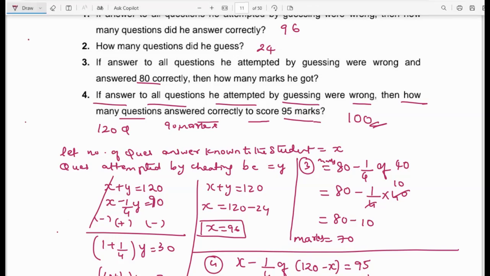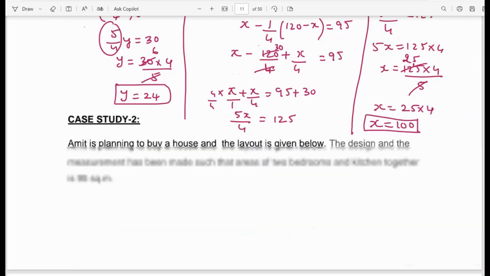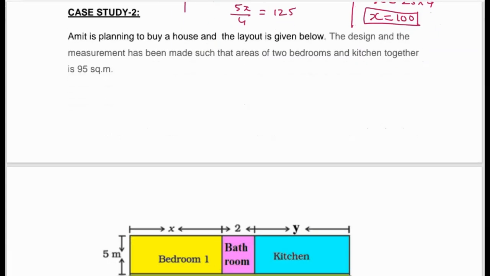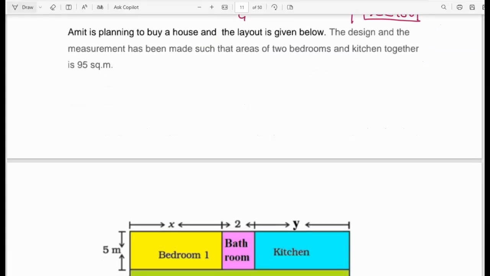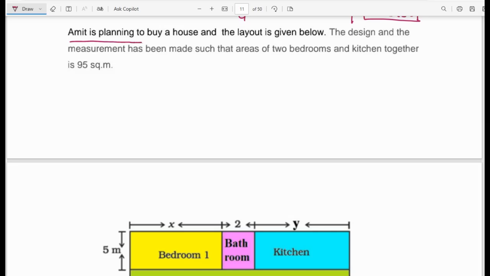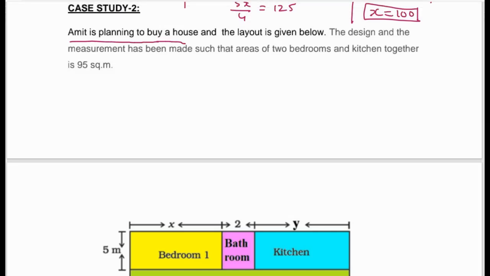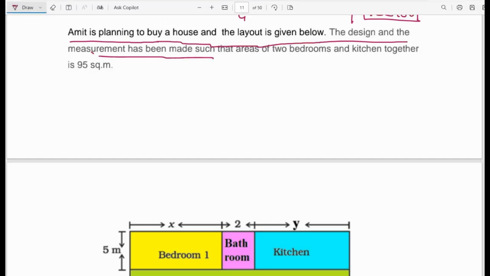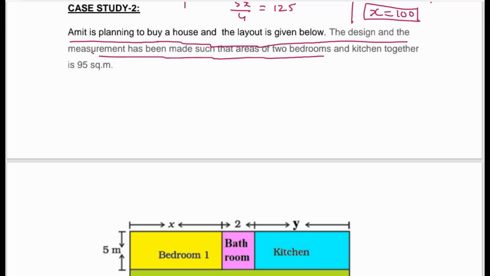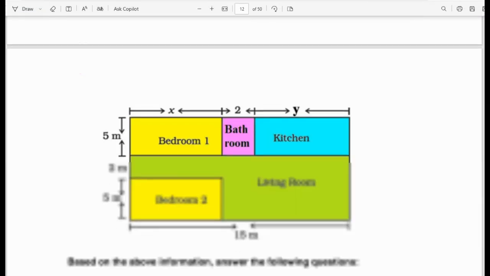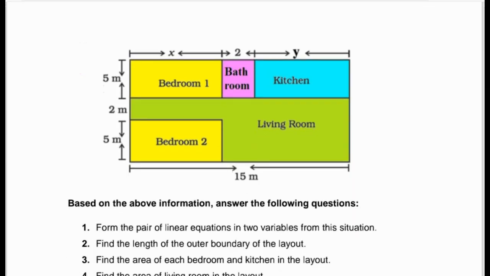Then moving with the next question, we have case 2. Case 2 says Amit is planning to buy a house and the layout is given below. The design and the measurement had been made such that area of two bedrooms and kitchens together is 95 square meters. So yeah, what is there? They've given